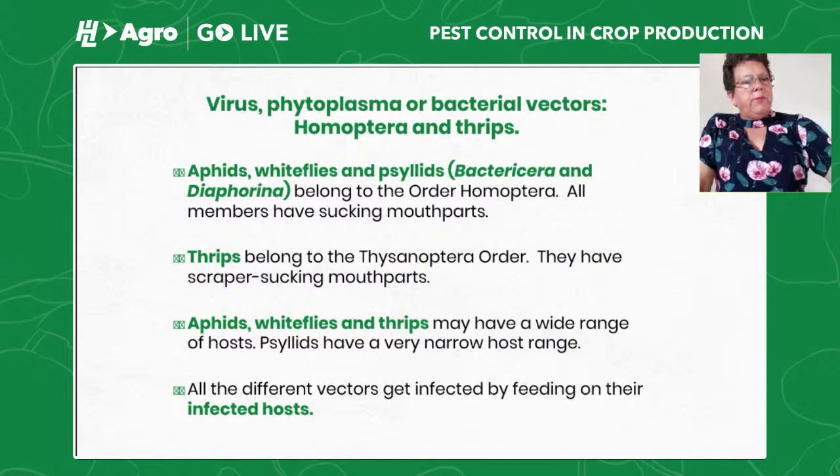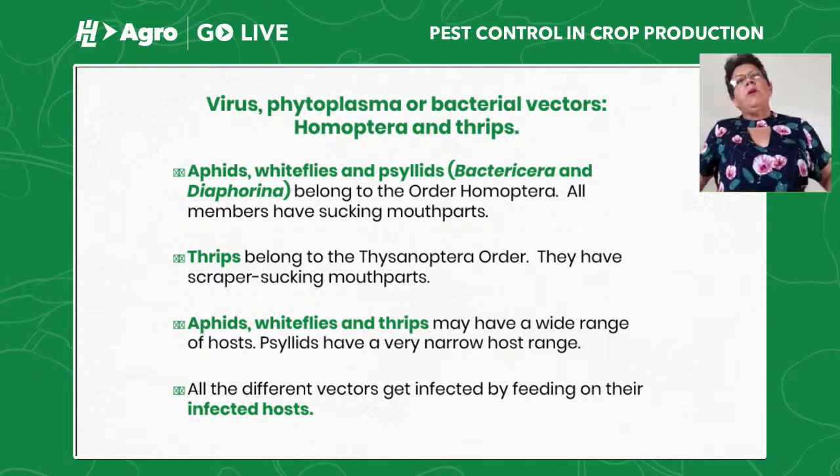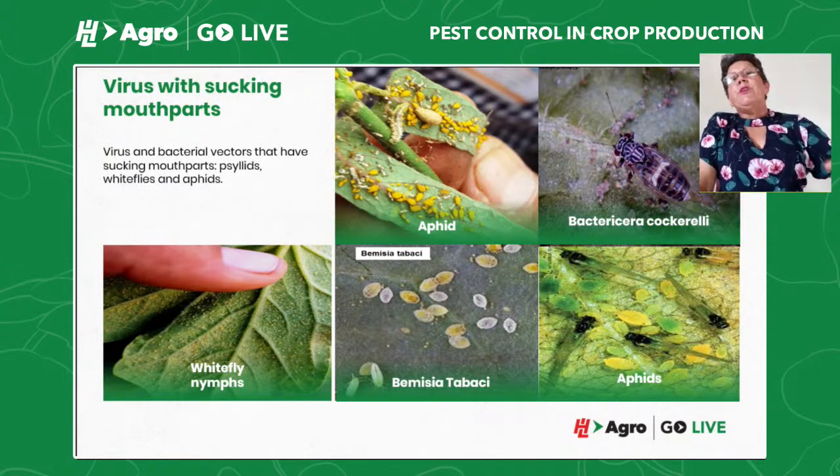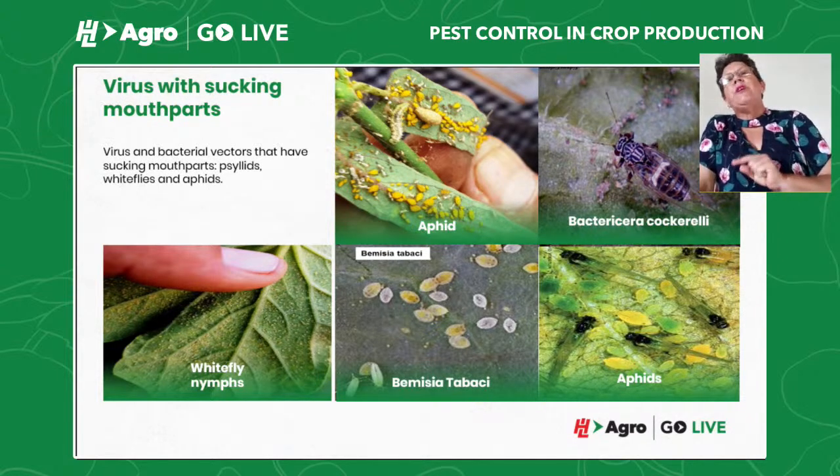Thrips are not killed by systemic insecticides as easily as a sucking insect. All the different vectors, aphids, whiteflies, and thrips, may have a very wide range of hosts. So you have to be very careful, not only managing what you have inside your crops, but what you have in the surroundings. And many of the hosts may be weeds. Psyllids, like Bactericera or Diaphorina, which are very important now for citrus crops, have a very narrow host range. So when an insect has a narrow host range, it makes